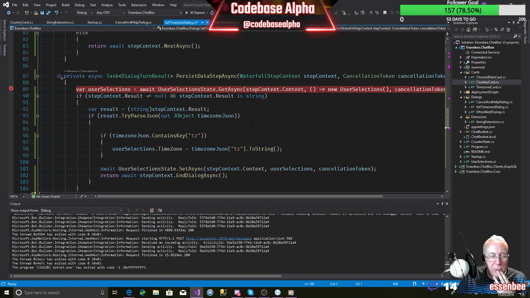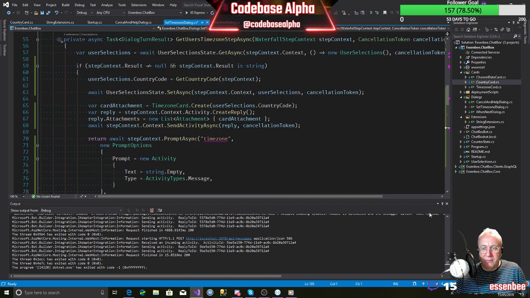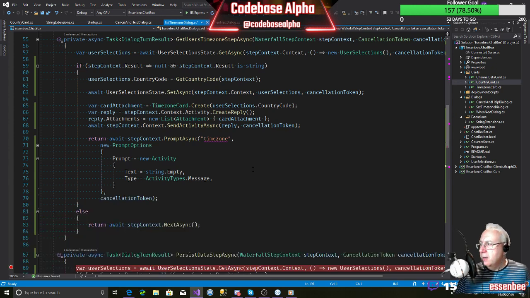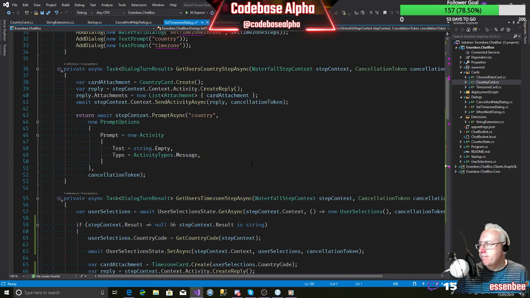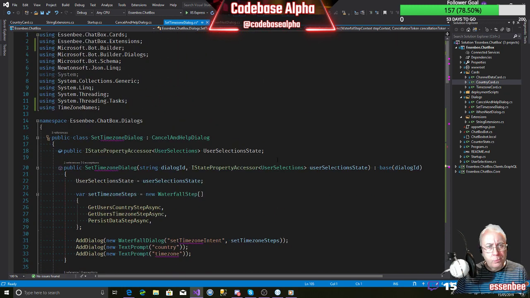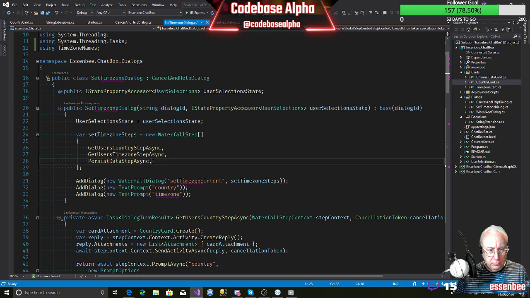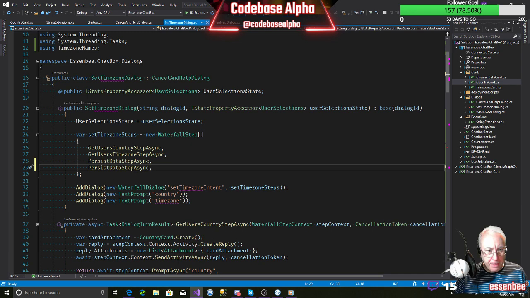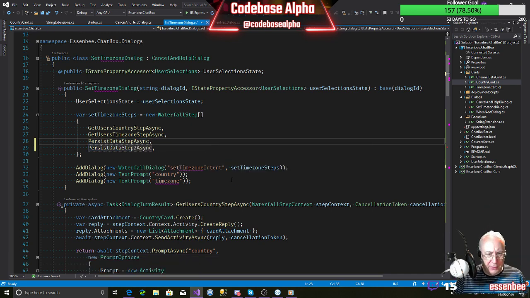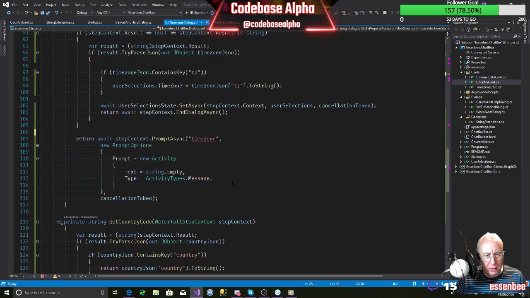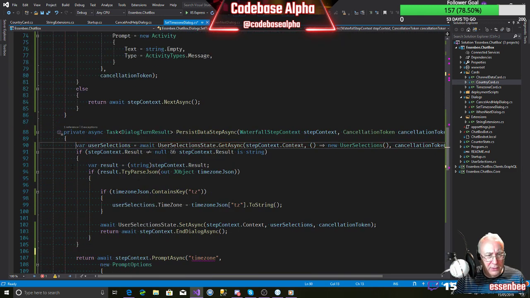It's almost as if we want another step, which is the persist data step again. Okay, let's give that a go. It's kind of almost comically naff though. Let's create another step. I'm going to call it that for now. I don't like the name, but we'll worry about that in a bit. I don't like this. Don't like it.